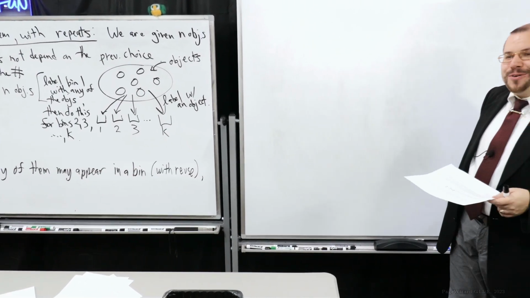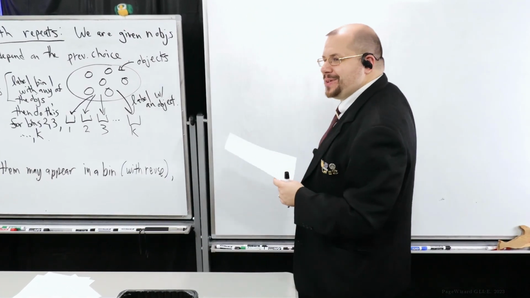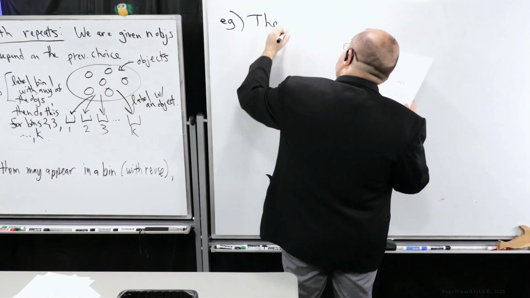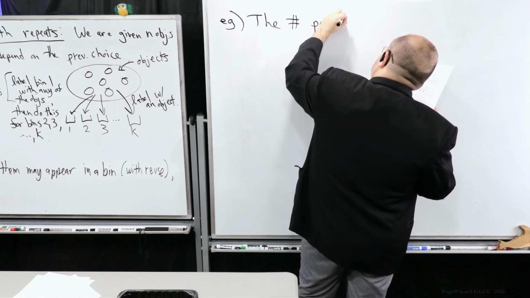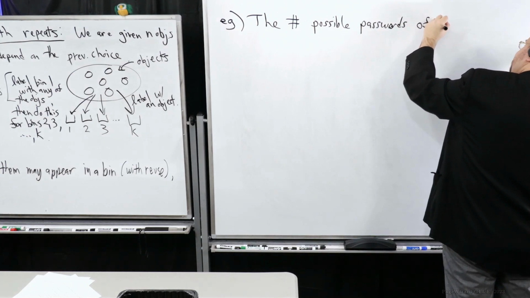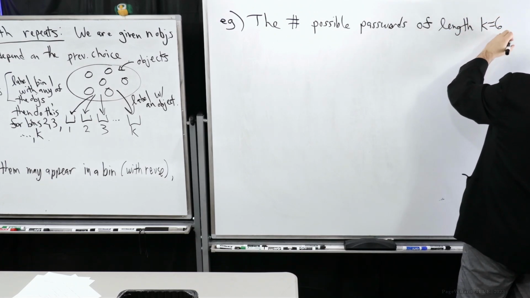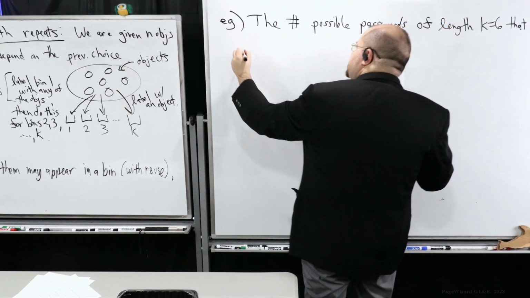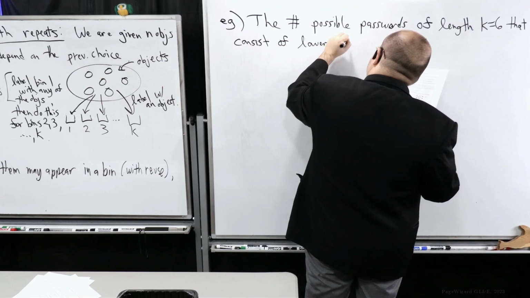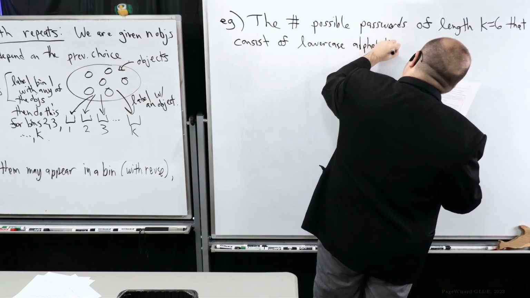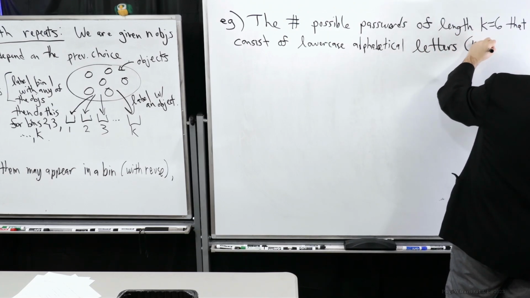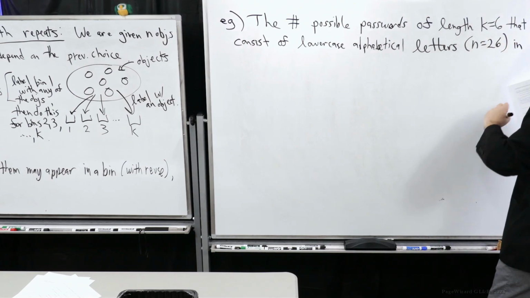So I thought I'd maybe give an example that's more tech related. Let's talk about passwords. By no means am I talking about effective passwords. I'm just talking about some basic type of information. Suppose that I wanted to know the number of possible passwords of length K is equal to 6 that consist of lowercase alphabetical letters. So remember, that's 26. There's 26 possibilities here. In English, so I'm just going to make sure it's clear that this is in English,